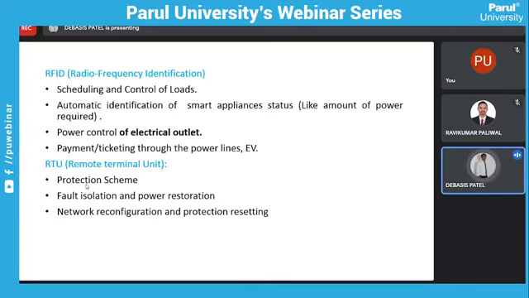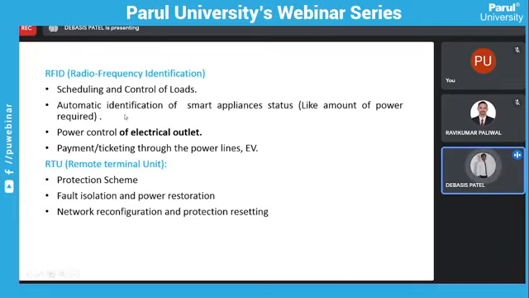Now coming to the next, RFID. As you all know, in your ATM card there are chips, and in your driving license too. Scheduling and control of loads is also helpful here. Scheduling of control of loads means in which interval what amount of load should be there. That scheduling can be possible through your RFID. RFID will sense the amount of load, and if there is a huge amount of load for that interval, what will we do? We will shift that load, right?